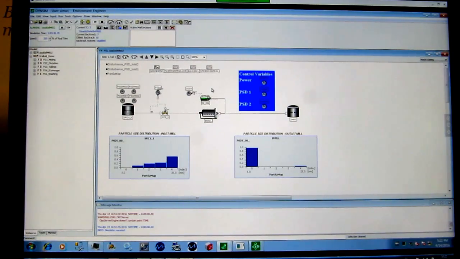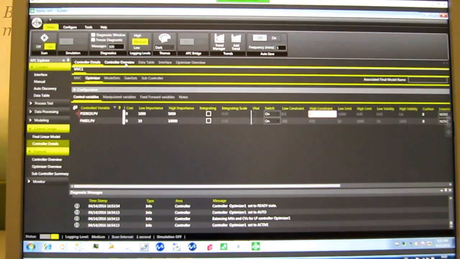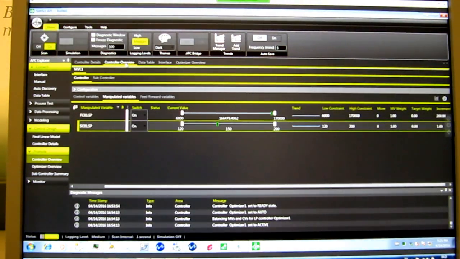The APC solution sits on the top of the normal regulatory control that you have on the plant, the normal PID loops. So effectively, the APC software is changing the set points remotely of those controllers. So instead of the operator changing set points, it is an automated, computed system that is changing the set point for the operator in an optimal way. Yeah, that's why normally we say that the APC software can be compared to a cruise control mode, because the operator sets wherever the limits are for the variable, he switches on the APC, and then the APC takes care of the set point and how to optimize the system within that